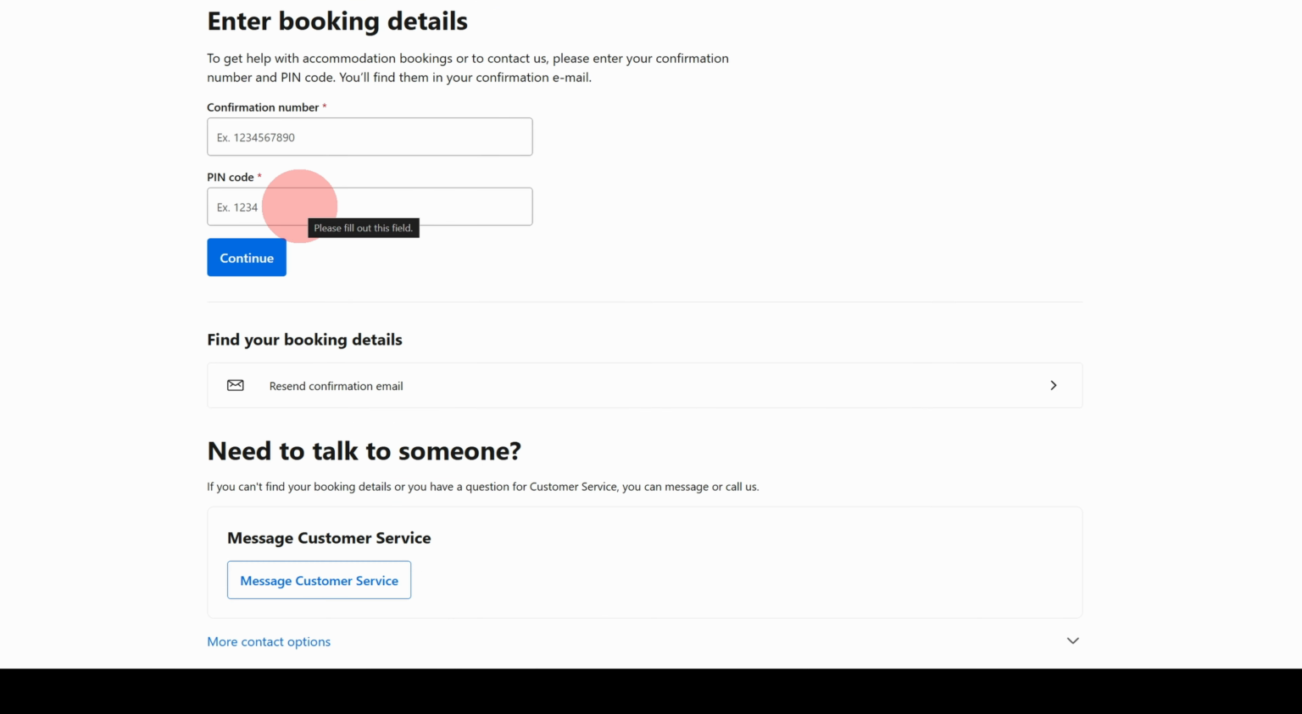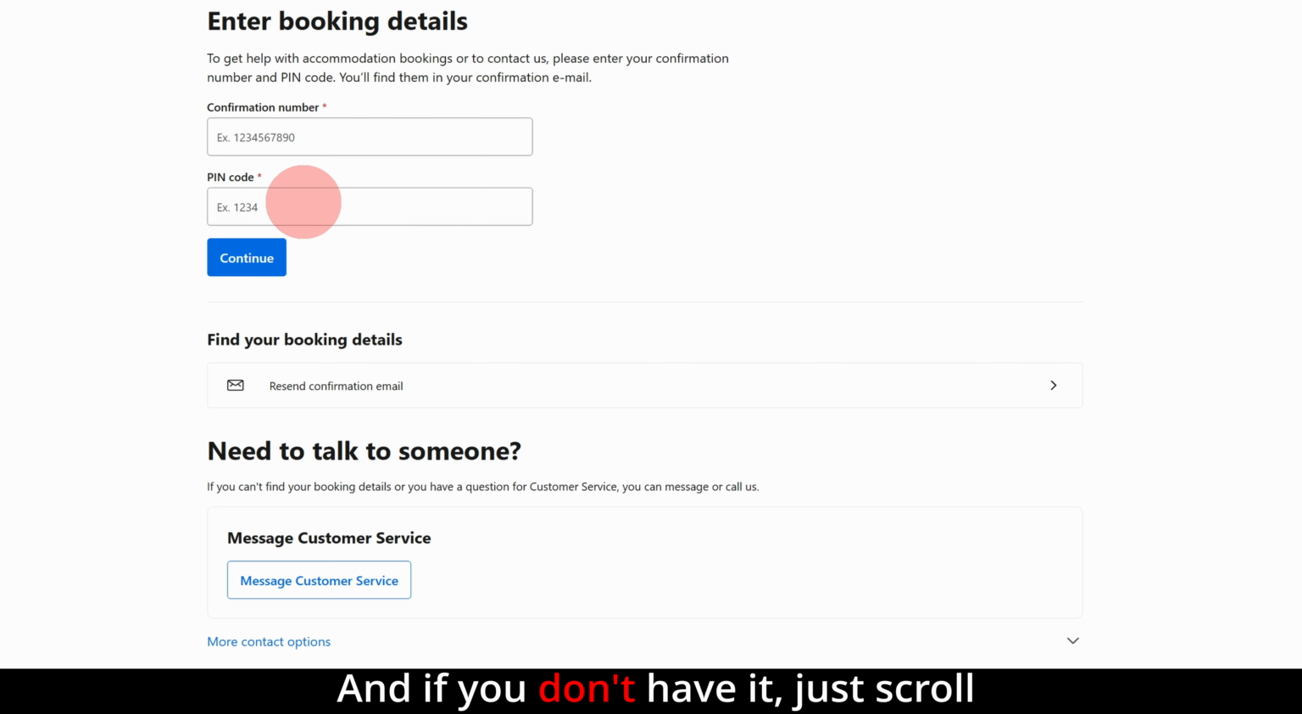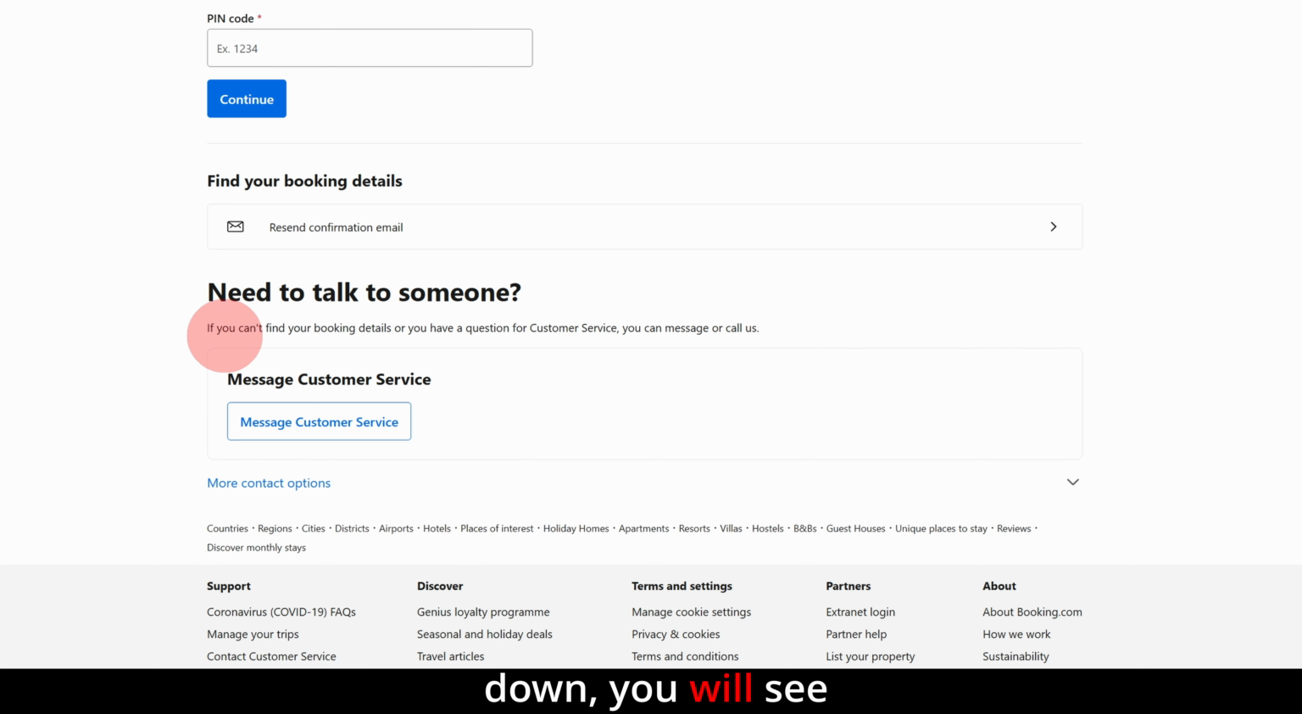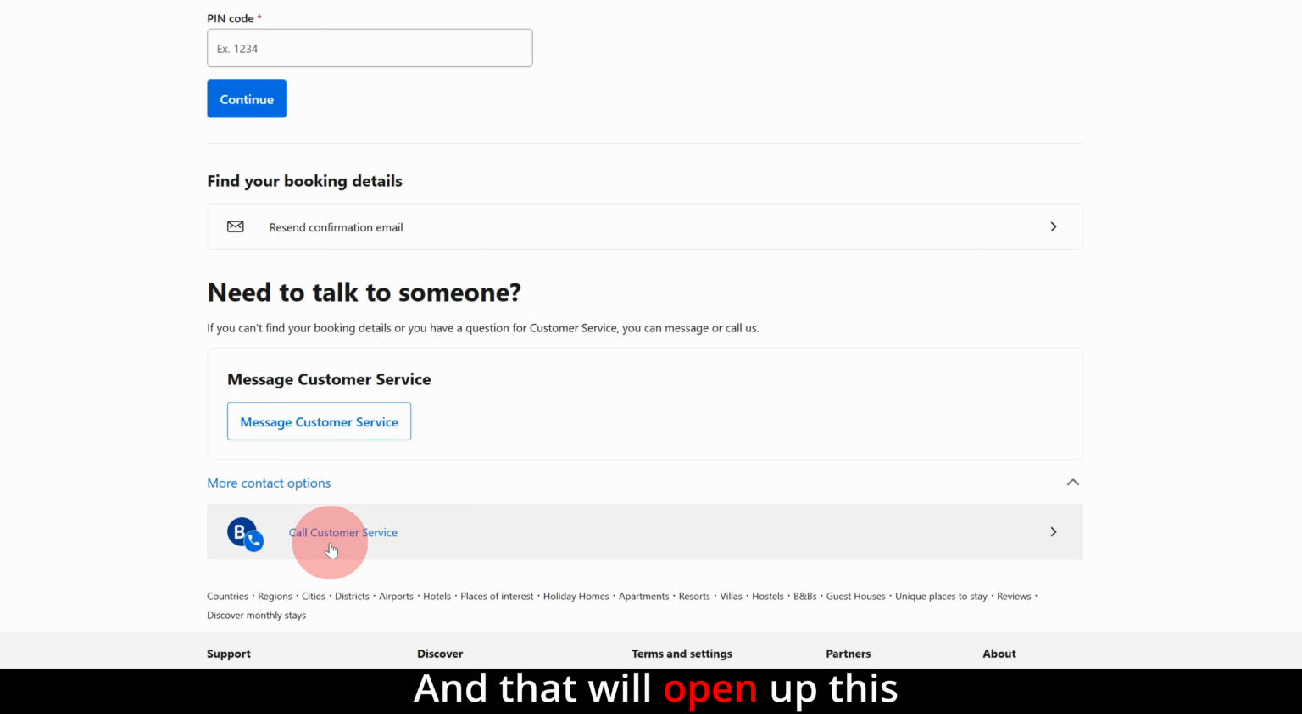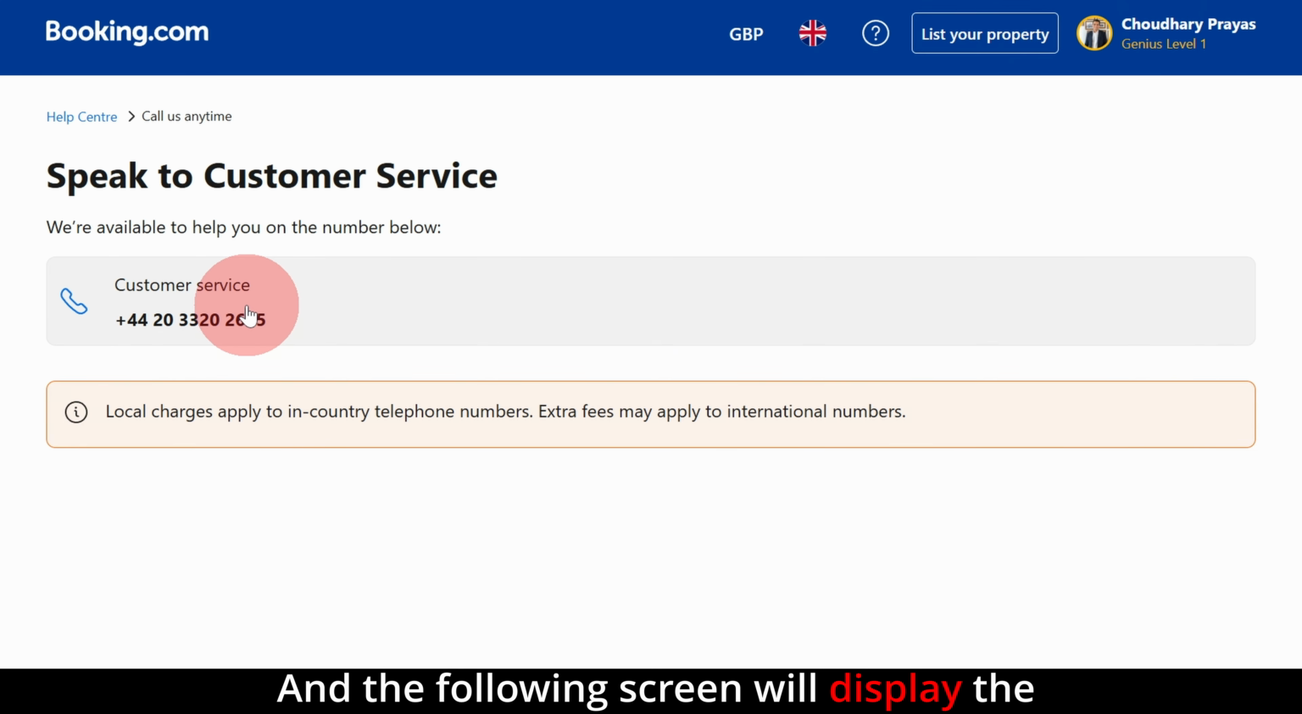my reservation. If you have it, that's great. And if you don't have it, just scroll down, you will see message customer service. Now you don't want to click on this option, but click on more contact options, which is here hidden just under this button. And that will open up this call customer service option. Click on that. And the following screen will display the local number for you to call Booking.com wherever you are